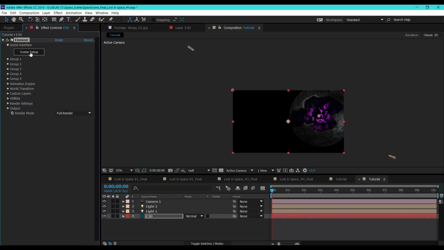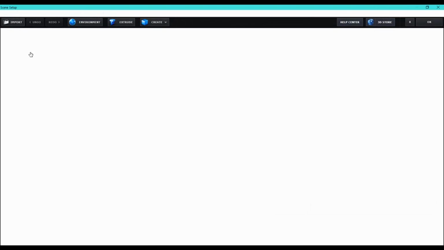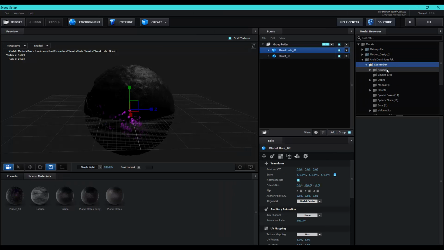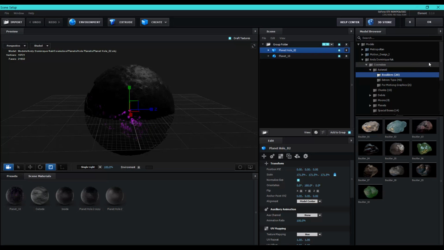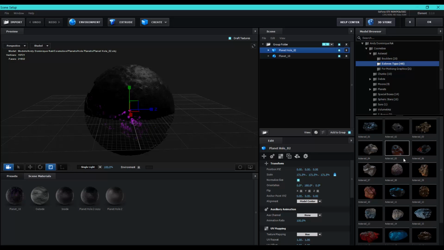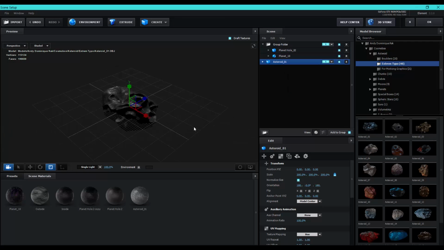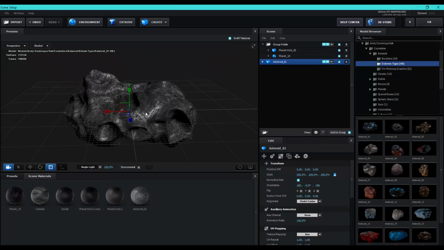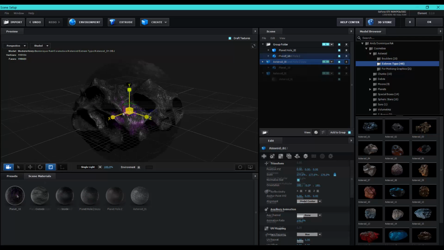Okay, so jump back into the scene setup and create some small pieces like we did before. So first into the asteroids, can select from here. We can take this one. This one is pretty random, so we can take this one.